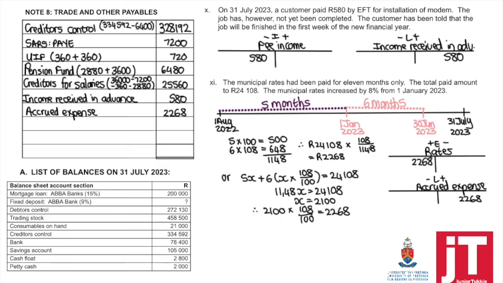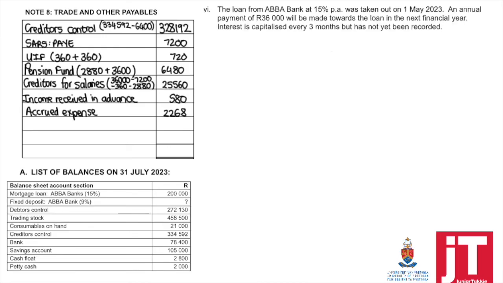Right, now the next adjustment. The loan from ABA Bank at 15% per annum was taken out on the 1st of May 2023. An annual payment of 38,000 will be made towards the loan in the next financial year. Interest is capitalized every 3 months but has not yet been recorded. So if interest is capitalized, it means it's added to the loan account. So there's 2 things happening here. One, we need to first add the interest to the loan account. The second thing,